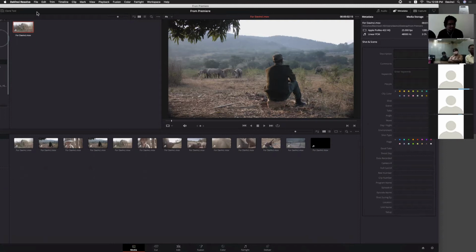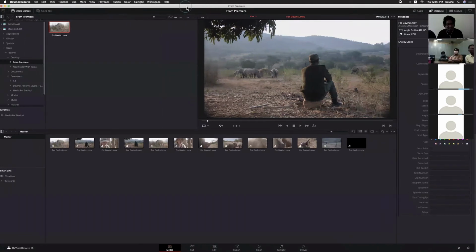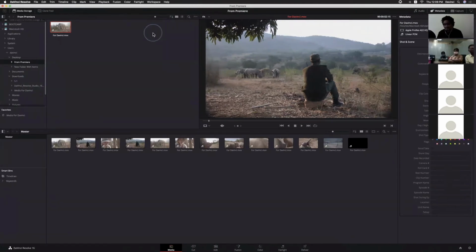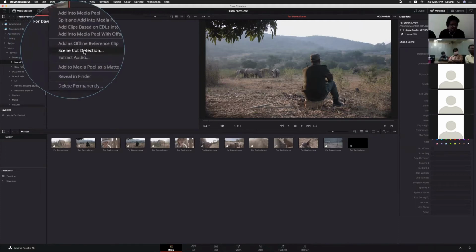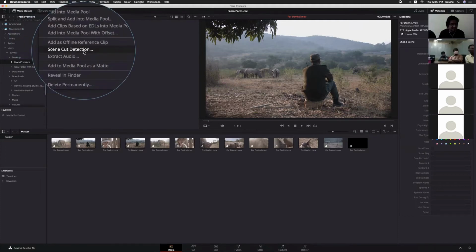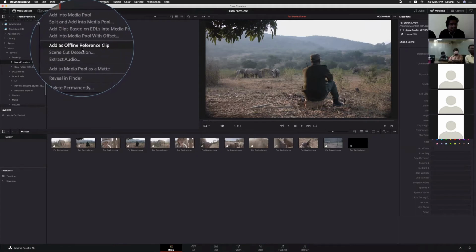But most of the time you people deal with XML, so it's fine. If sometime you want to color grade a particular portion, then you can use this option, scene cut detection. And yeah, there is one more option, add as offline reference clip.